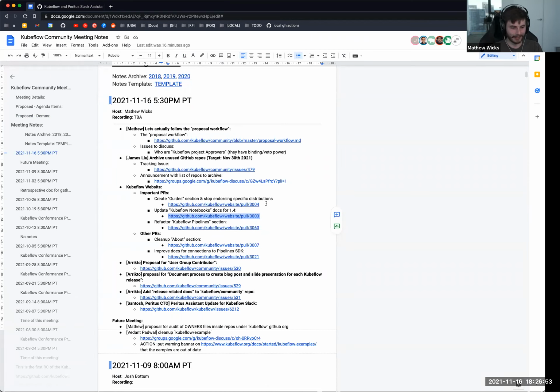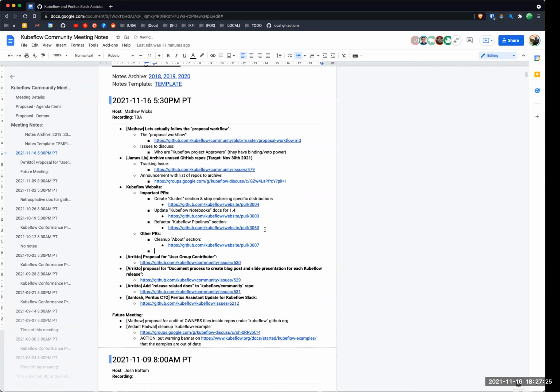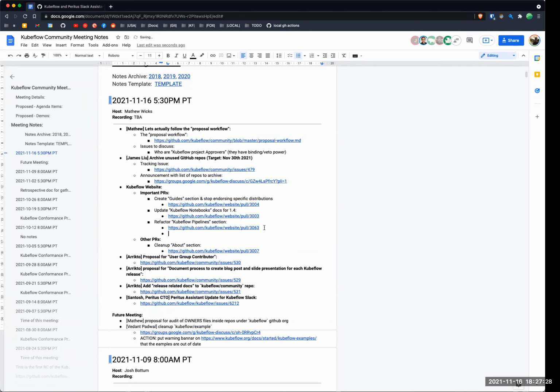And then I will make the change required to make IBM happy with the guide section. I think it's actually a good idea what they're saying anyway. I'm not just doing it to make them happy. I think it's a really good idea to specify Kubeflow in the name. Other than that, if you have time, I would love it if you reviewed the Pipelines SDK update. I went through all your comments and updated my PR based off that. Cool, I'll take a look this week. Obviously not today or tonight.